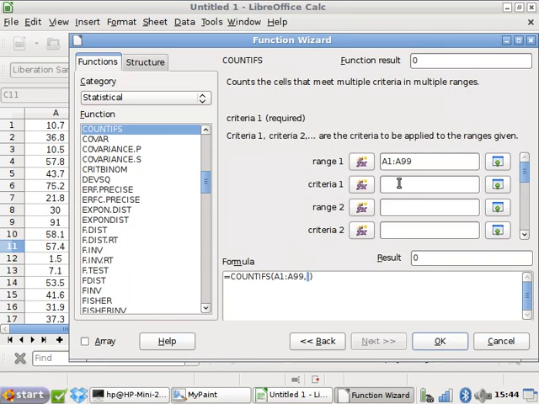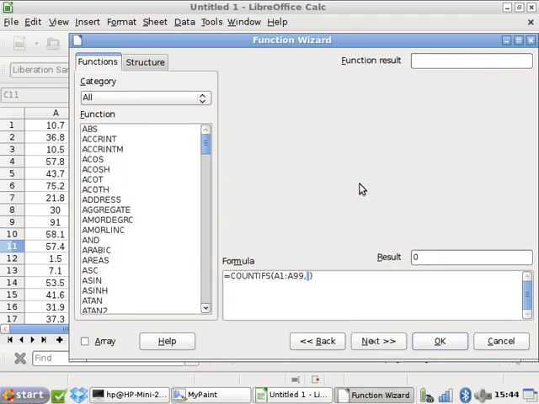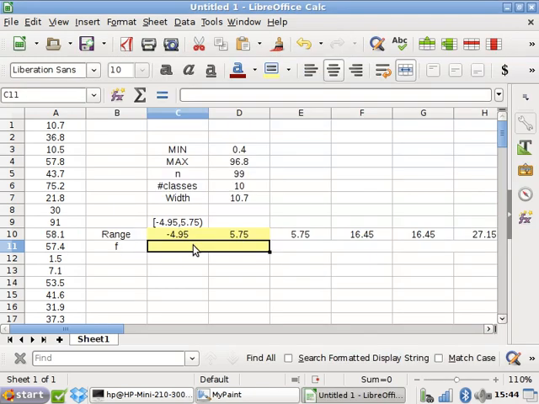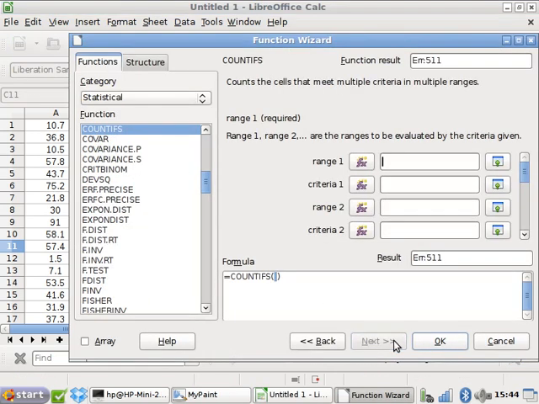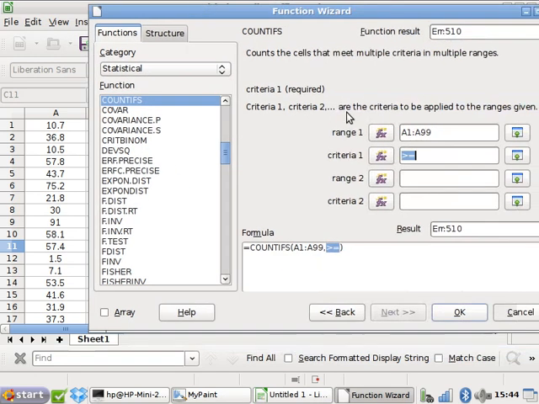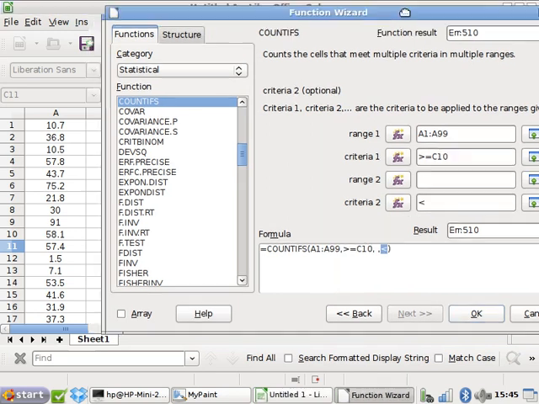Right, in the first one, I need it to be bigger or equal to. How do you type in the variable? The variable changes, so you have to do that manually for all of them. Could I just type in A1 and we'll figure it out? But it is not A1. Yeah, but I want to tell Excel to count. Oh, I remember now. It's been a while since I've used this function. Next. Okay, so it's A1 to A99, and I need everything to be bigger than or equal to C10. And for the criteria 2, I need it to be smaller than, but not equal to,